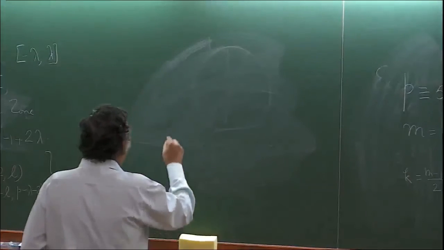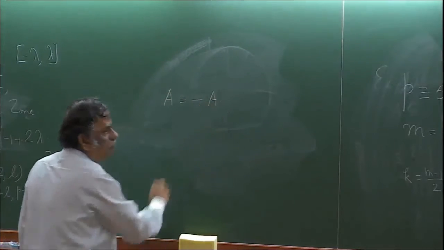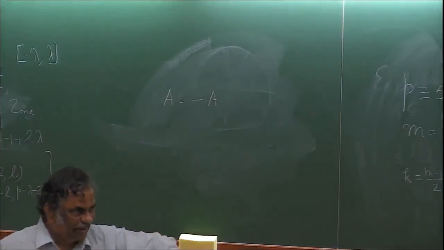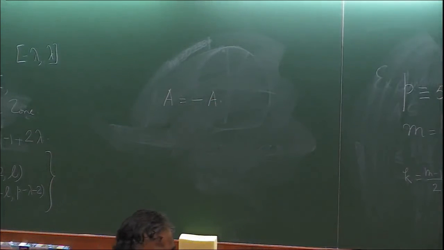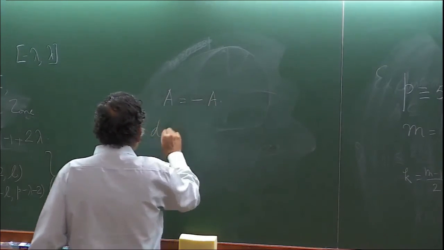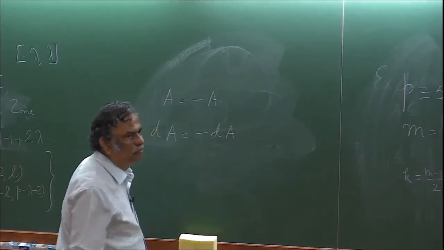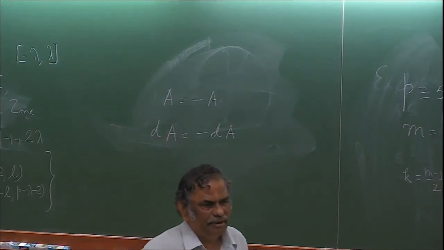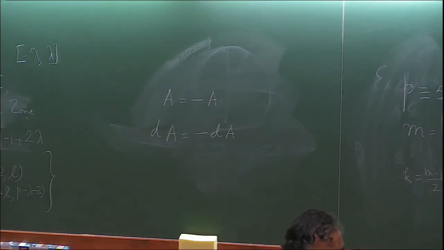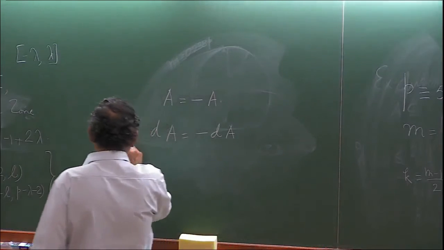First of all, by the way I have defined it, A is equal to minus A, because I have taken something and then its negative also. Good. And therefore, for any D, D times A is equal to minus D times A. Therefore, the dilation by D and the dilation by minus D are the same. And if the dilation by D and by minus D are the same, essentially I can assume